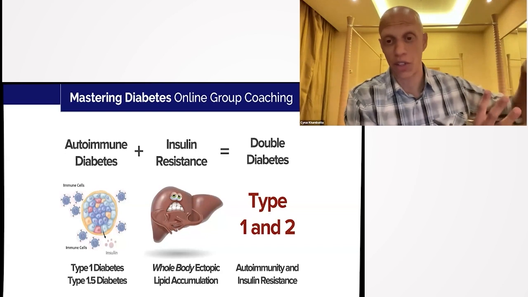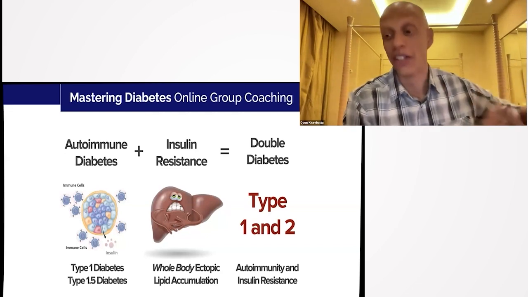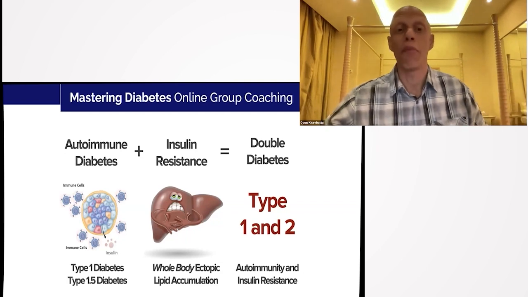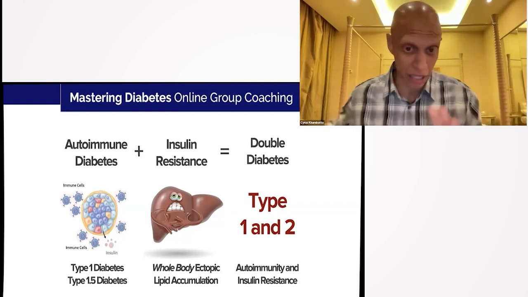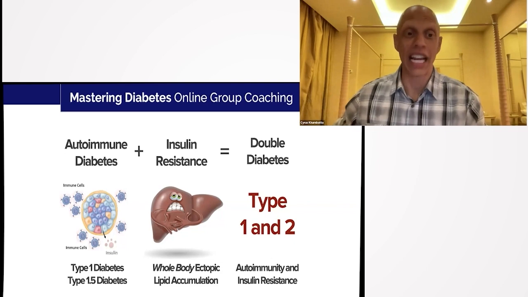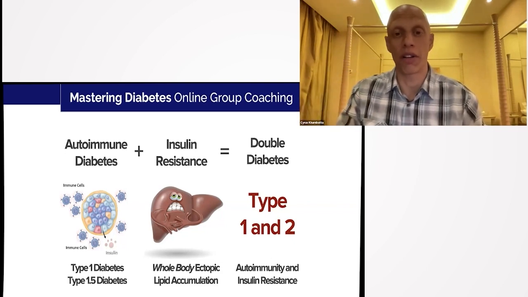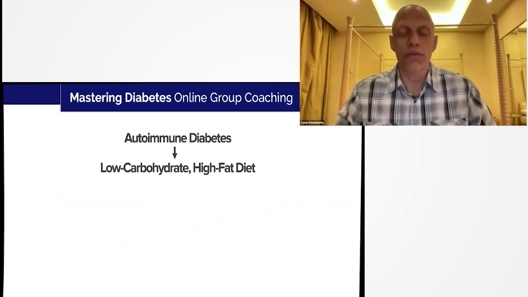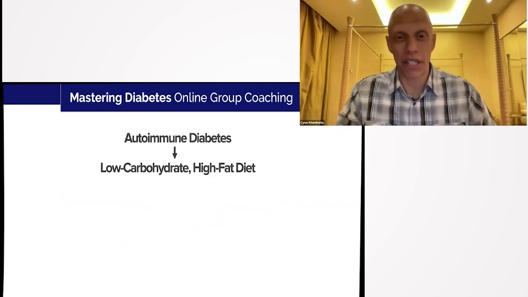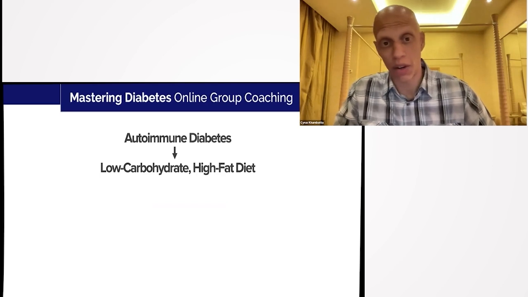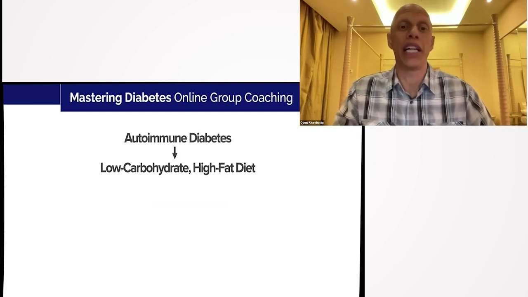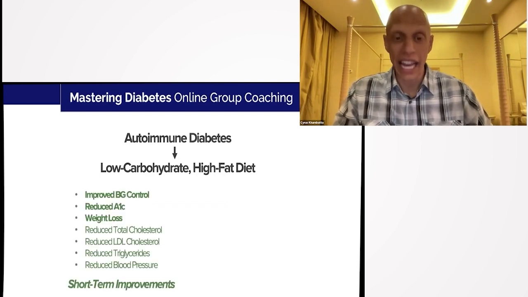So those three tissues, which normally become impacted by a saturated fat intake, are still getting impacted by a saturated fat intake, but your pancreas is already getting crippled by the autoimmune attack. And now you've got two huge problems, and both of them compound upon one another. So effectively, what can happen in this scenario is that if you're already living with autoimmune diabetes and you choose to eat a low carbohydrate, high fat diet, which tends to be very high in saturated fat by design, then